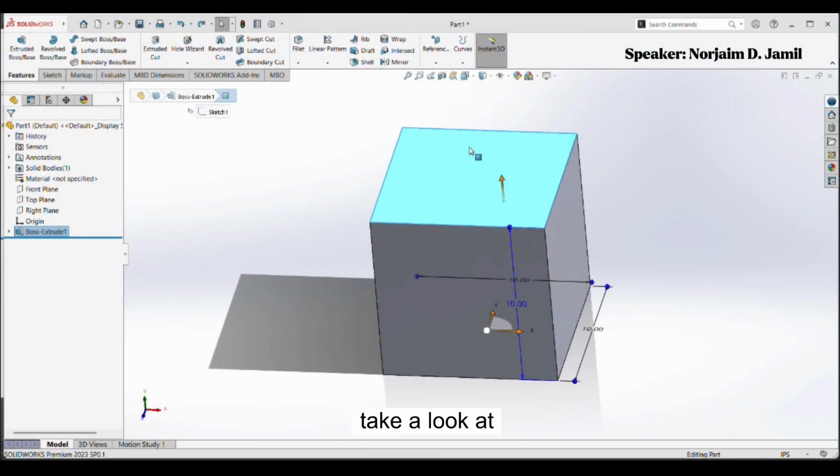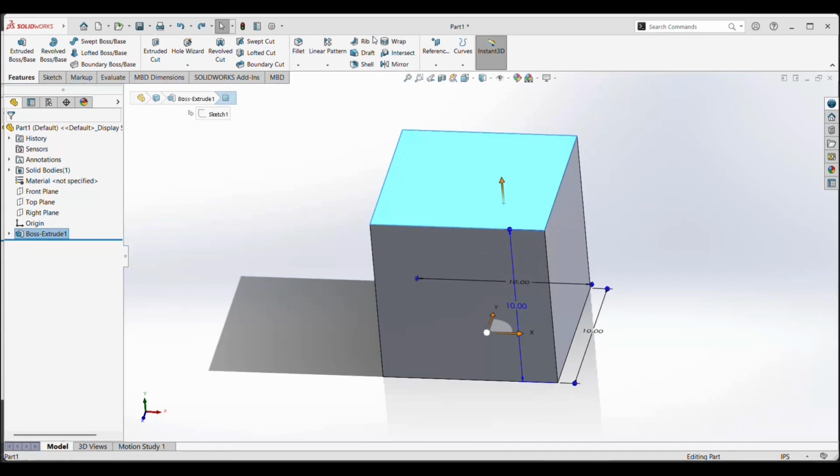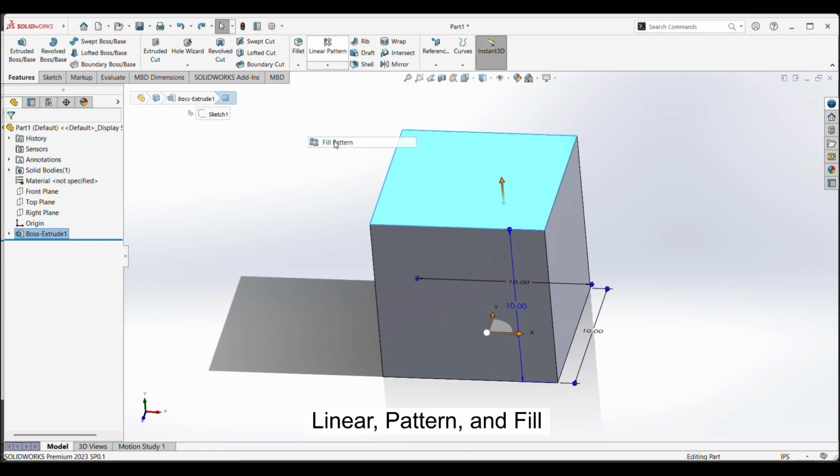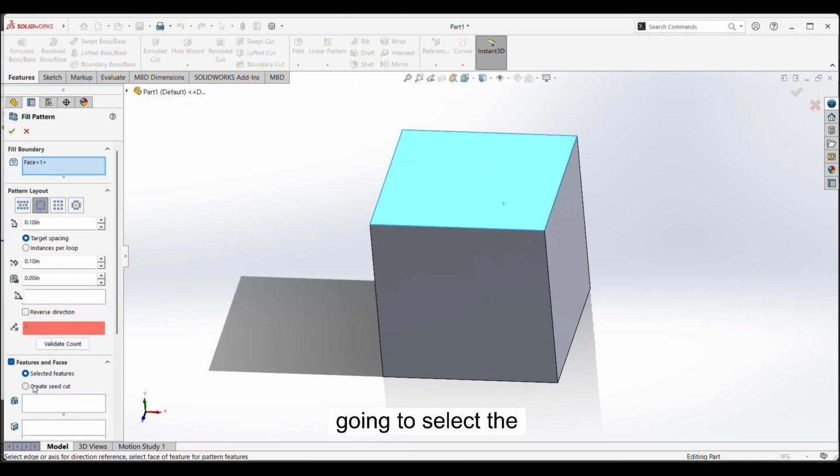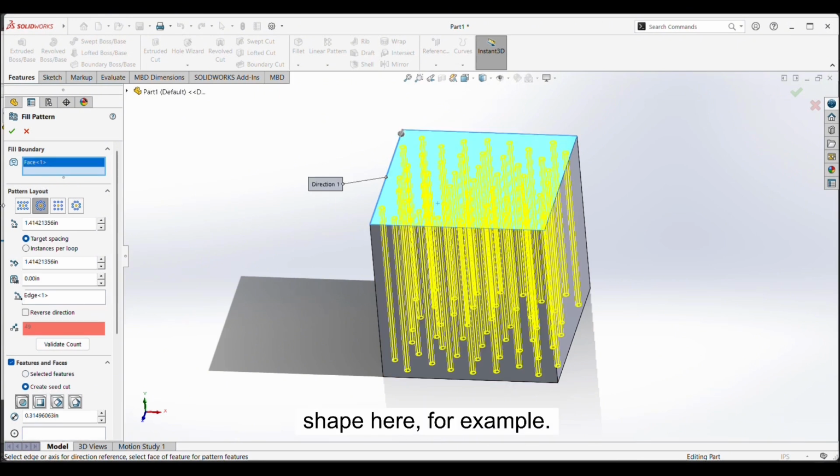So today we'll take a look at the fill pattern feature in SOLIDWORKS. It is a really useful tool for automatically filling an enclosed area with repeated features like holes. We have this box, for example, and we are going to put a pattern here at the top. So we go to linear pattern and fill pattern, and we're going to select the shape here, for example, and then